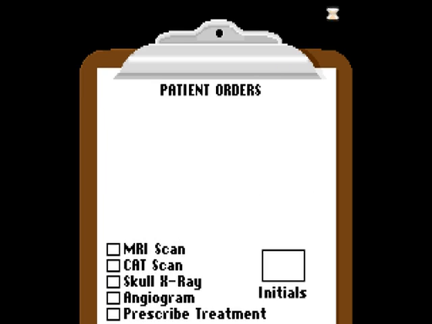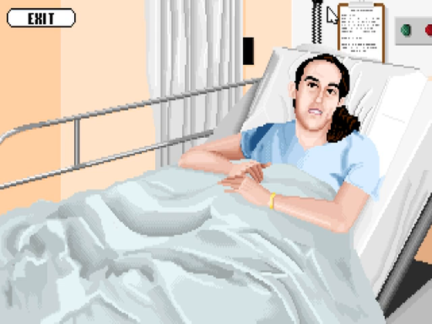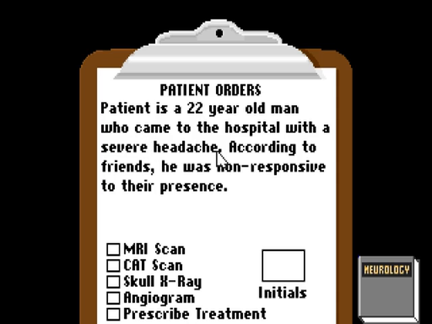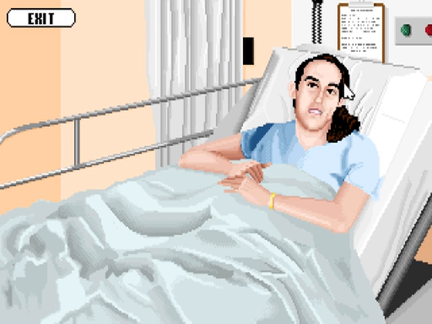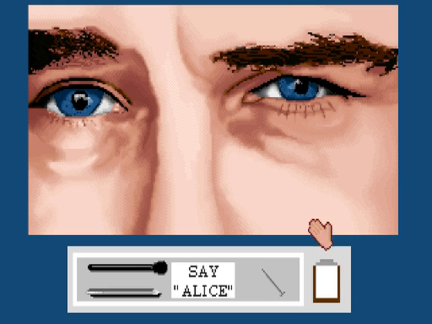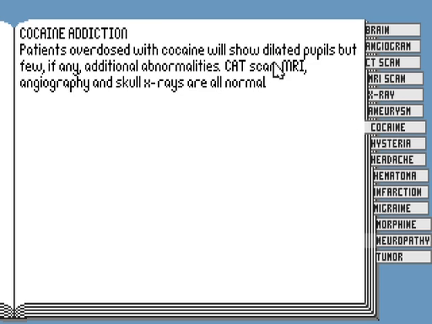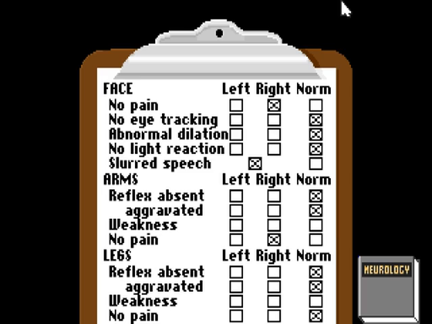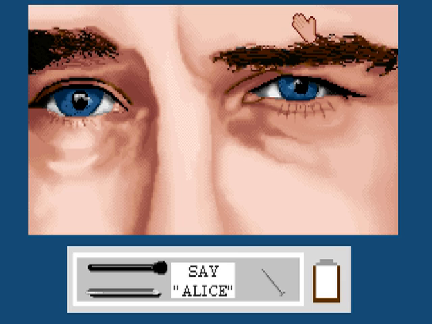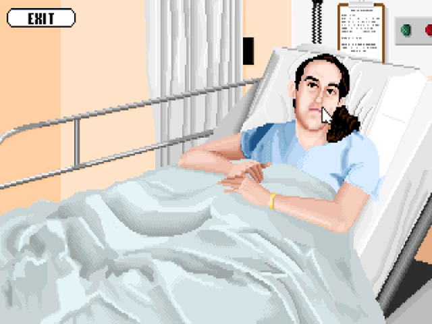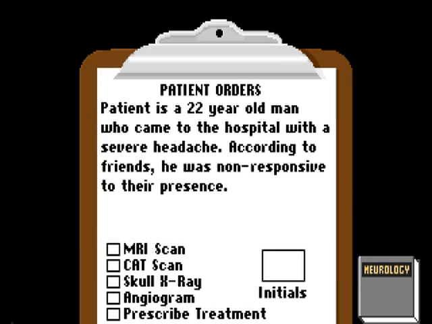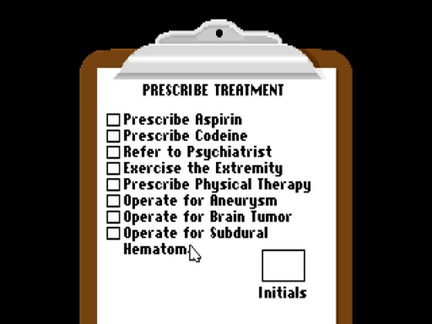Hold on. Hold on. He was non-responsive. Maybe this guy is a cocaine addict. Yeah. Peripheral neuropathy requires a treatment of